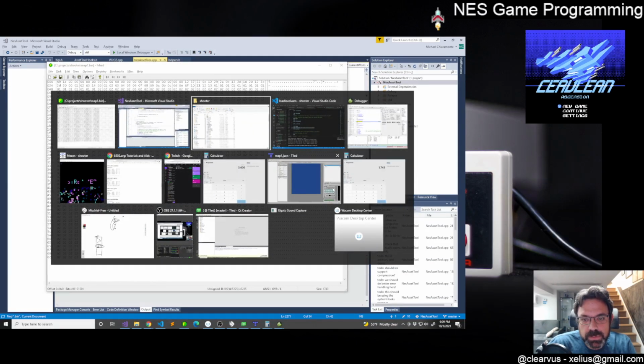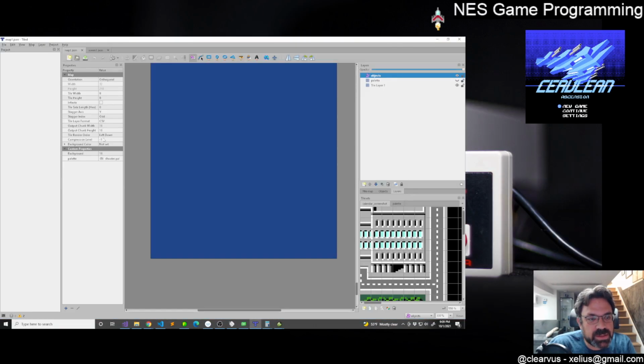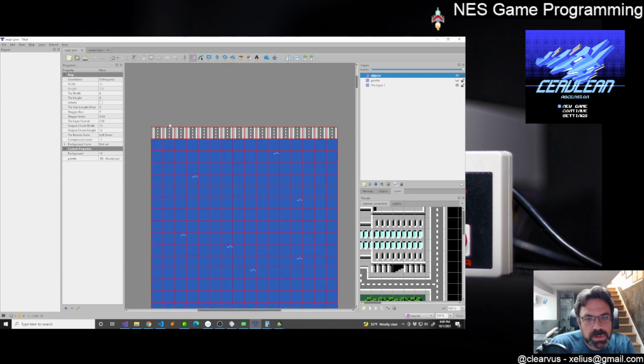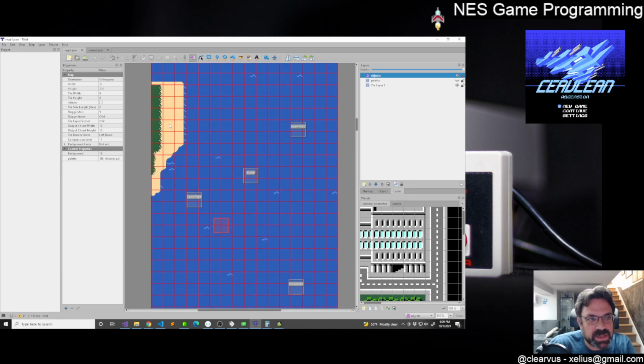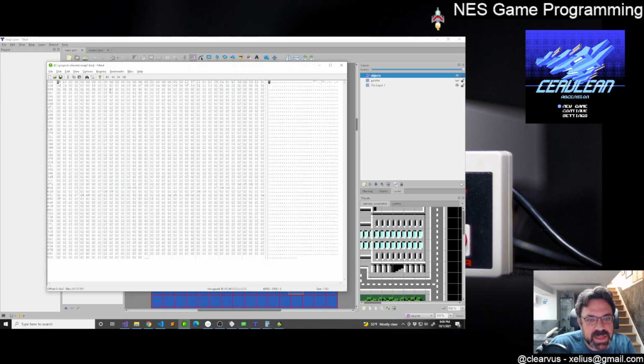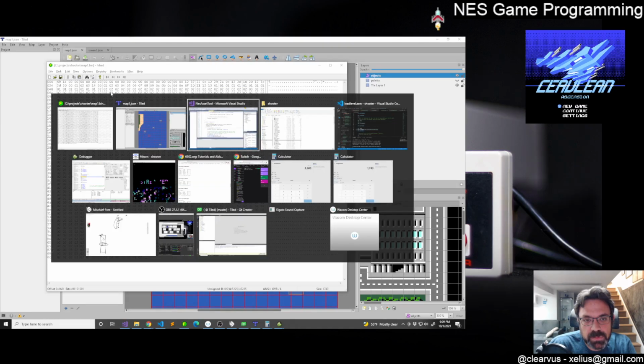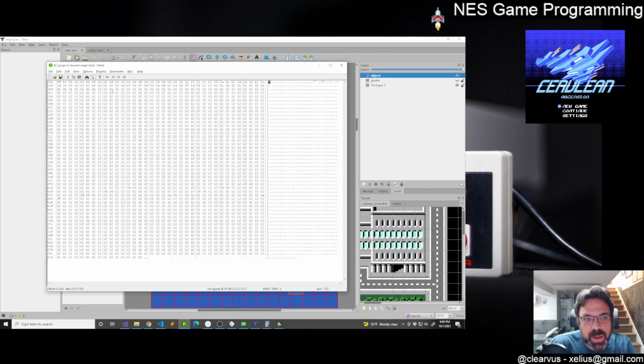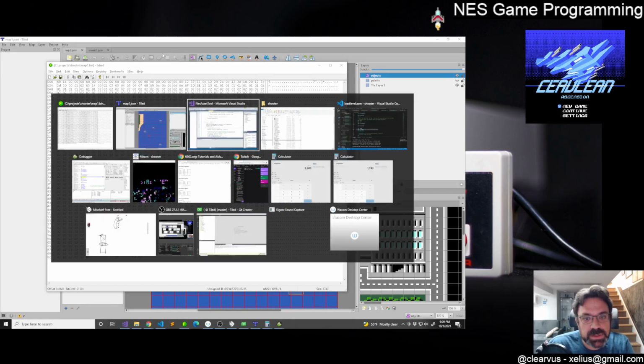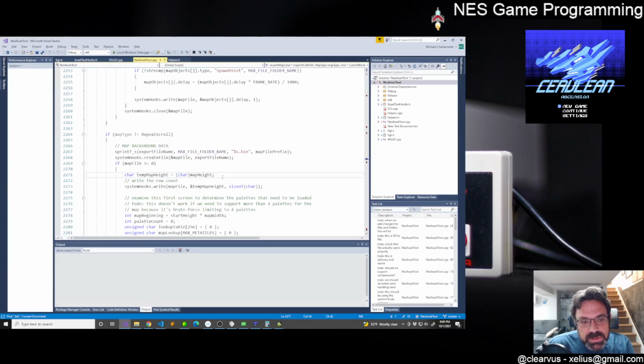So if we go to Tiled and we look at this, the height of this map is 210. That's saying 105. Oh, right, but it's half because the meta tiles are twice the size. They're 16 by 16, so that is correct. All right, so